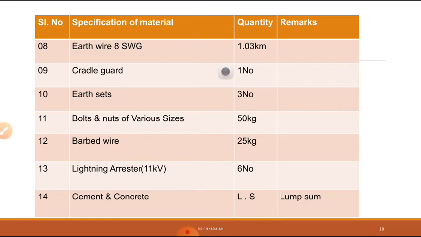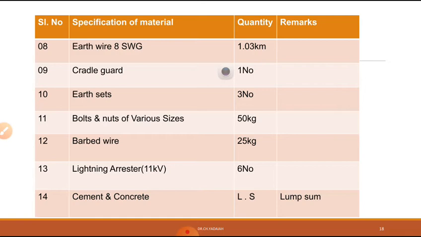This problem is almost completed. I think you have followed it step by step, so we are going to get the problem easily. This is one more problem in continuation of yesterday's class. Yesterday we saw the vertical arrangement. Today we have seen R phase, Y phase, B phase and neutral in a horizontal arrangement, a simple problem for 1 kilometer. So these two problems may give you some idea of how to estimate LT lines.